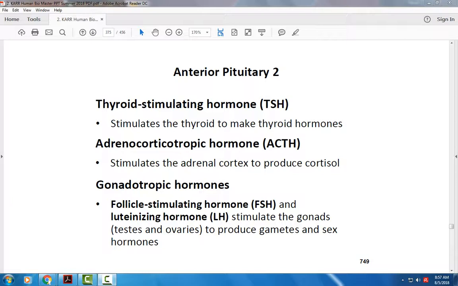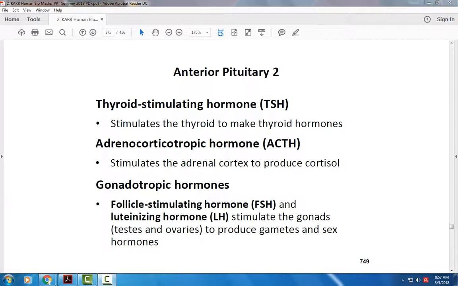Gonadotropic hormones, gonads, those refer to the ovaries and the testes. So these are, again, tropic hormones, which means they tell another endocrine gland to secrete their hormones. So the gonadotropins from the anterior pituitary, there are two of them, FSH, follicle stimulating hormone, and LH, luteinizing hormone. These hormones function